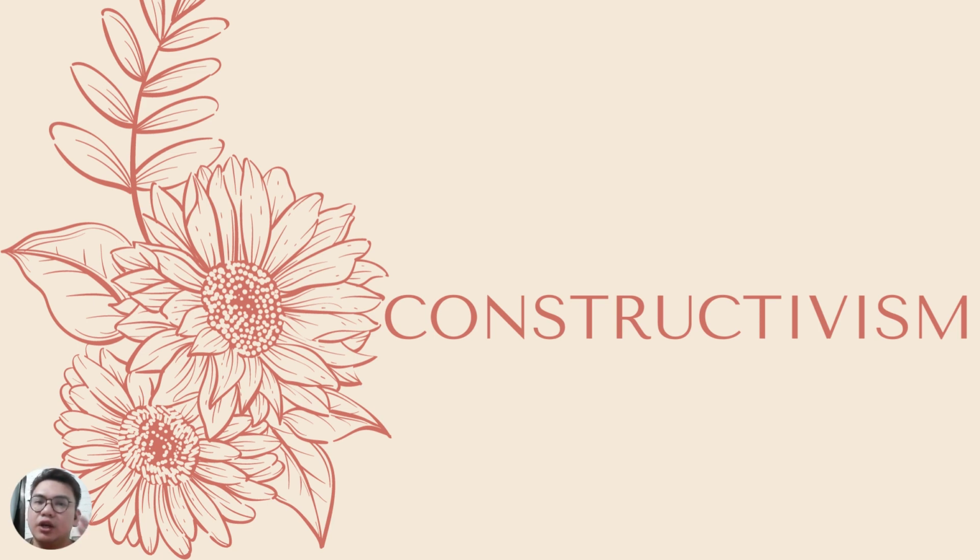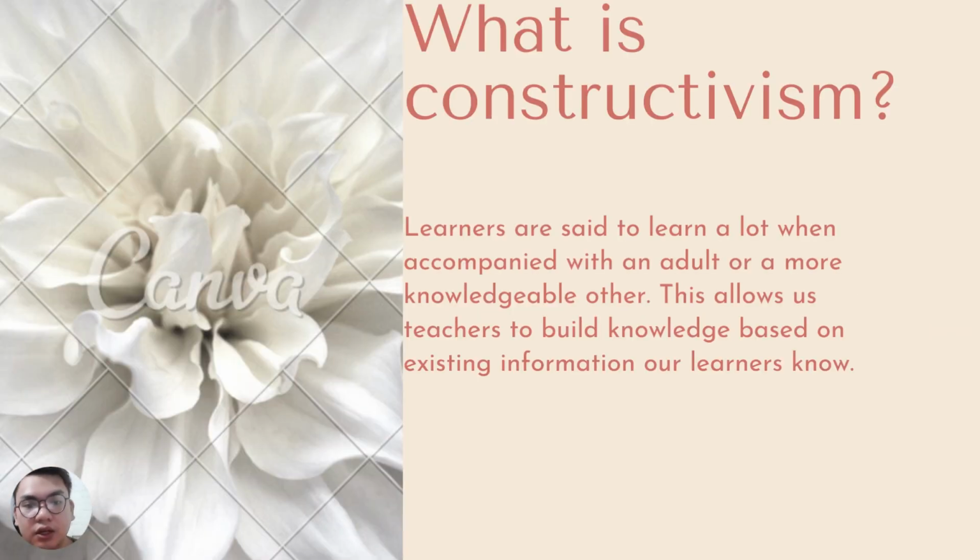You have a house, you're going to build a home with it, or you have a tiny piece of brick, you're going to add another piece of brick to it, and then all of a sudden you have a spaceship, or a house, maybe a car, whatever suits your fancy. The concept is that constructivism relies on the fact that we have an existing platform that we're just building upon. So let's proceed. What is constructivism?